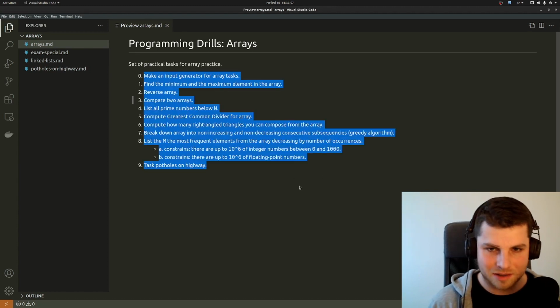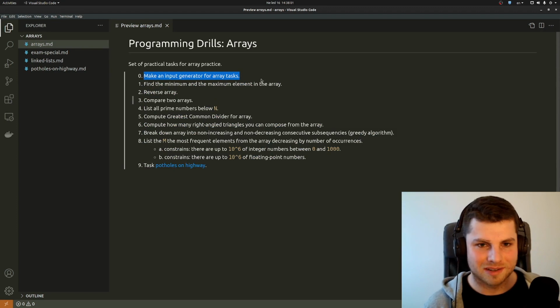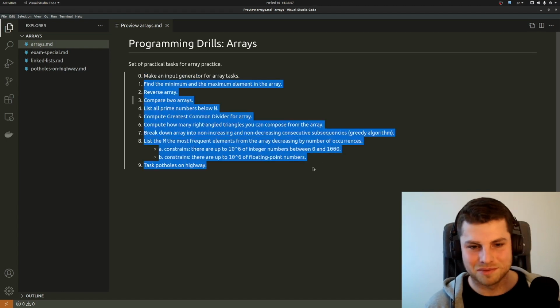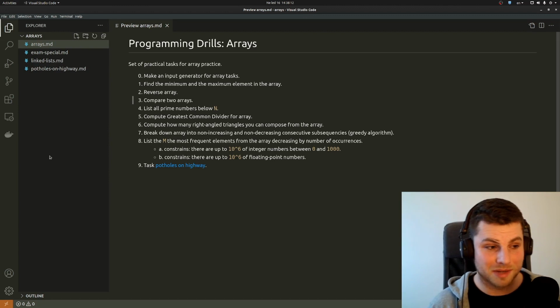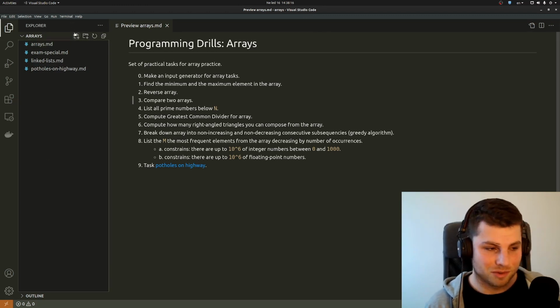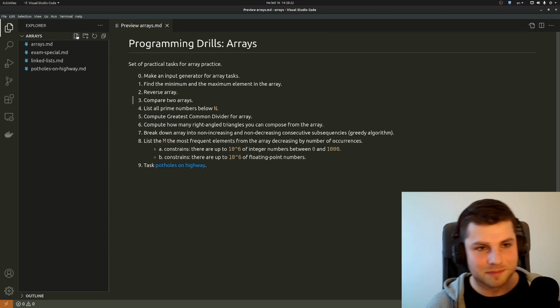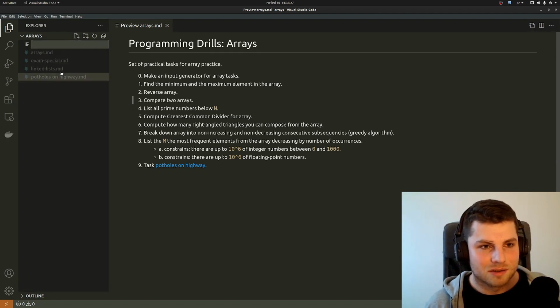This is the array drills, and the first thing that we should do is some input generator for that. We will have a couple of tasks for arrays, and it would be nice having some data to run these algorithms on, and also for some debugging, for some checking and these things. So definitely do not be lazy and make some input generator. So let's do some